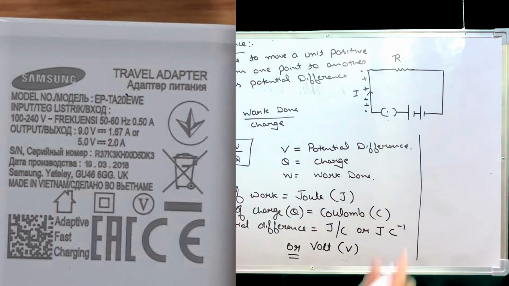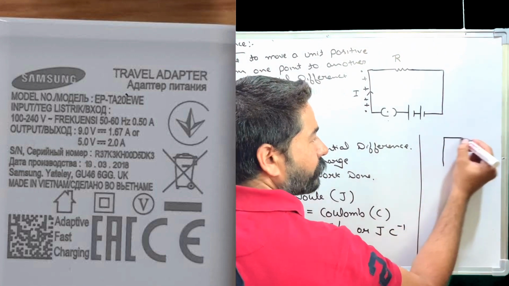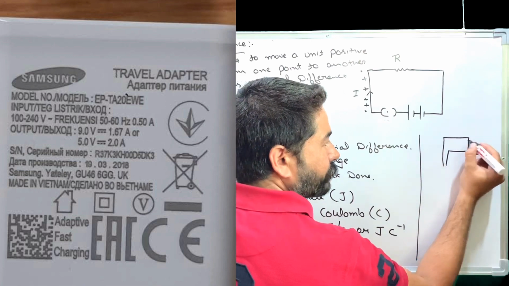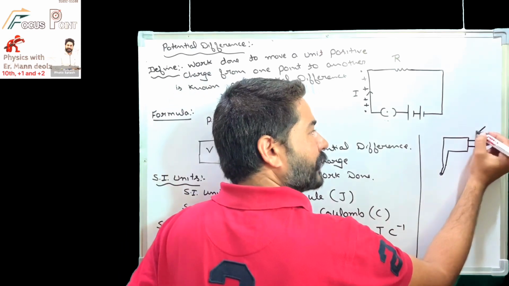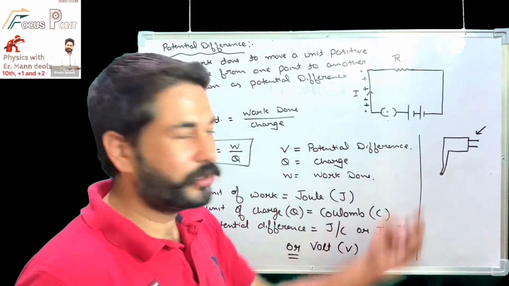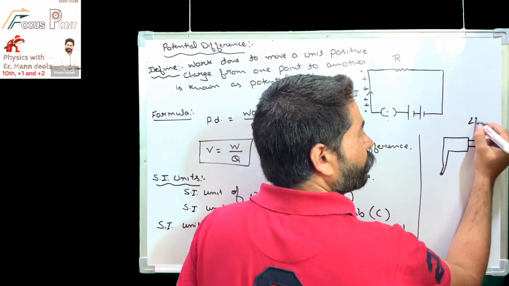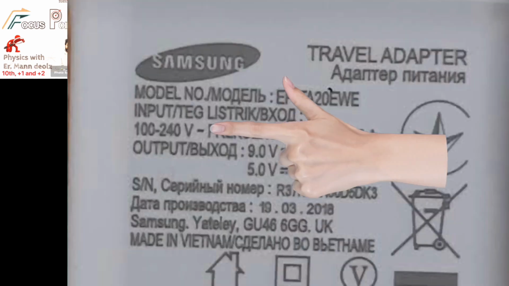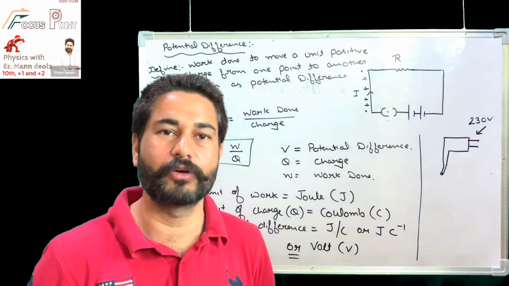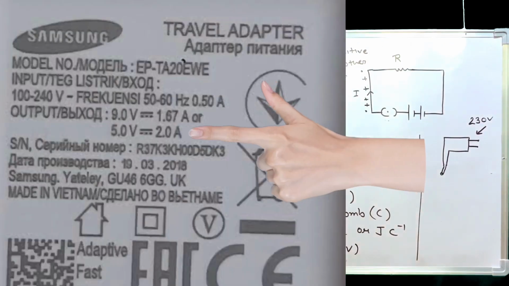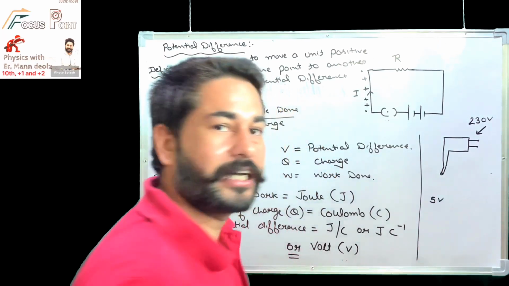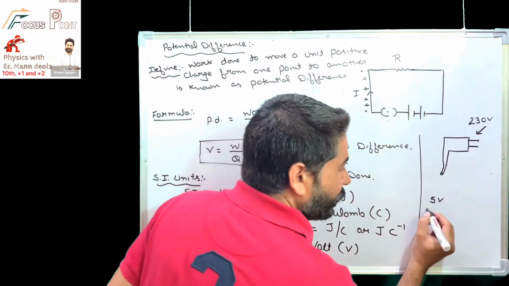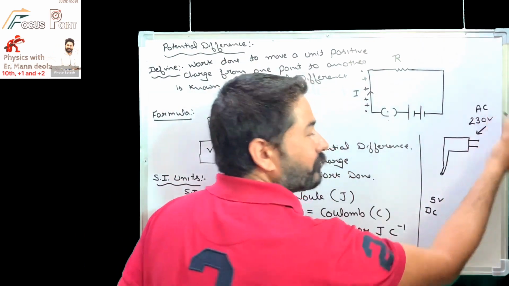Yes, sir. Okay. Now the cell phone charger is like this. It can be of this shape. Now how much potential difference are we getting as an input? It is again 220 to 240 volt. Let me assume one value, 230 volt, which we get in our homes in India. But the DC battery in our cell phone works only on 5 volt, and this is again a DC, whereas what we get is alternating current.